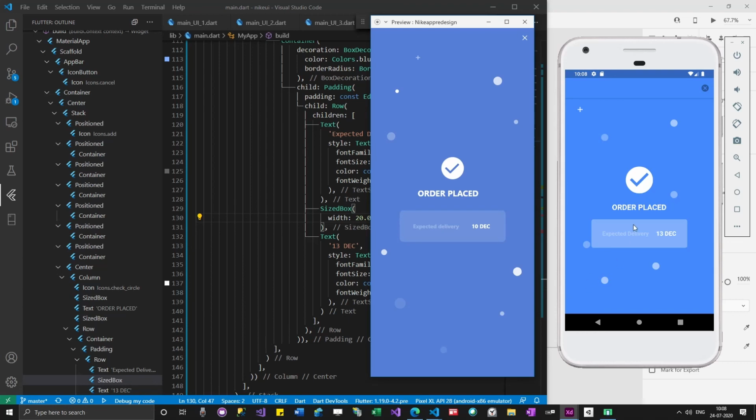If you want to make it much better, you can remove this border by making a custom app bar. I will leave that to you guys. In my previous classes I have used the custom app bar, but right now I'm not using it. I think that's it for today, guys.